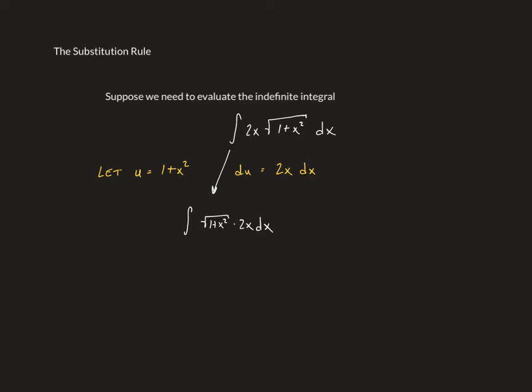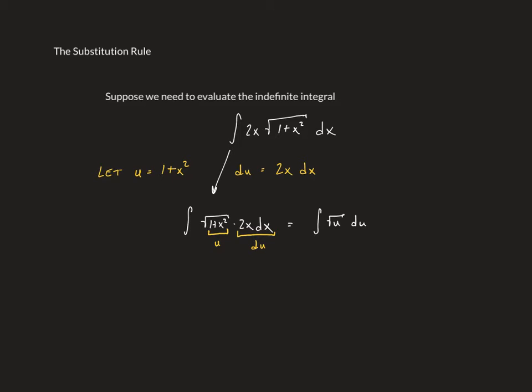But the reason I'm writing them that way is because you'll notice this here is going to end up being just the square root of u, and this here is du. So we have those two components that we just specified in that let statement, and it's going to simplify this whole thing for us. So I could rewrite this then as the integral of the square root of u du,